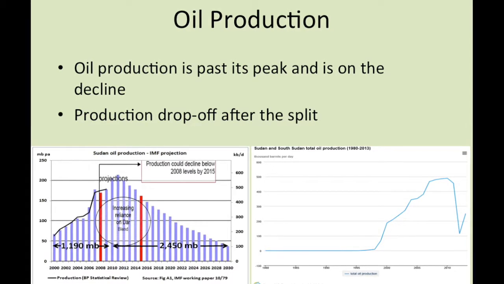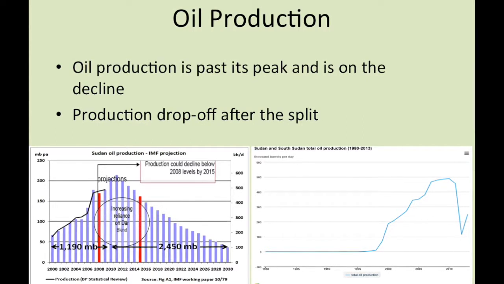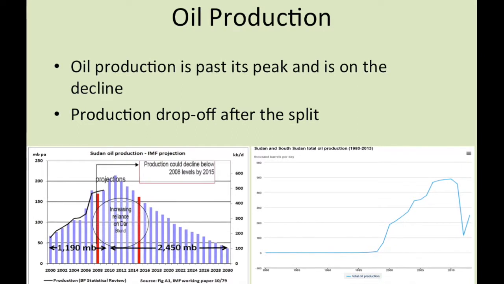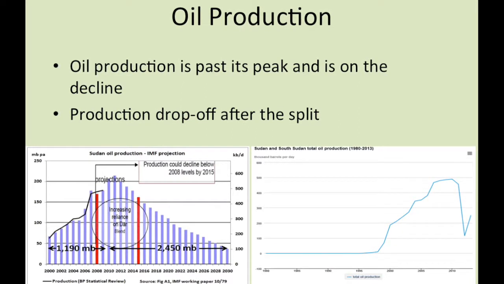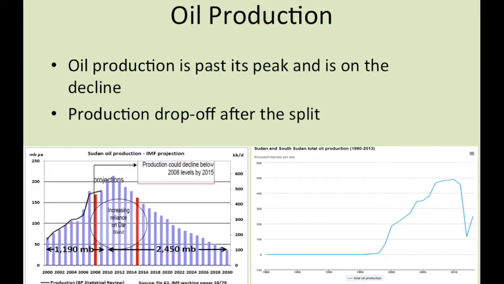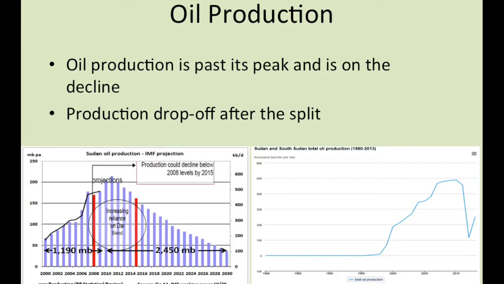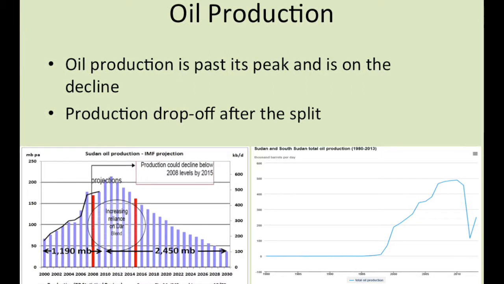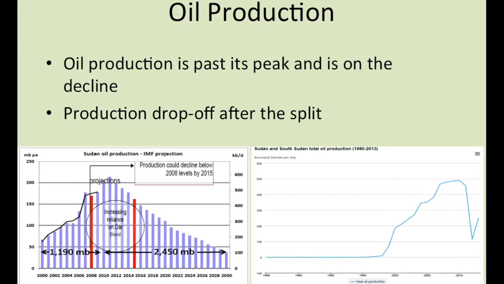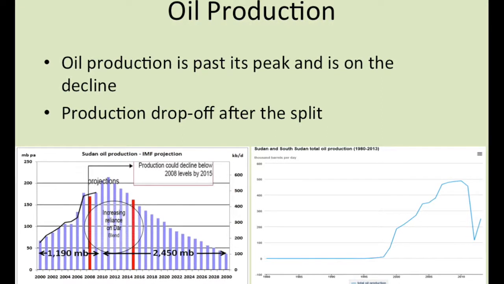Furthermore, this chart was made before the split between Sudan and South Sudan in 2011 and does not account for the resulting drastic drop-off of oil production, which is present in the more current graph of the oil production in Sudan and South Sudan from 1980 to 2013. In fact, since the 2011 drop-off, oil production stayed below the IMF projections and reservoirs could run out sooner than projected. The major reason more exploration hasn't been done is because of the political and civil turmoil in the region along with the dangers associated with it.